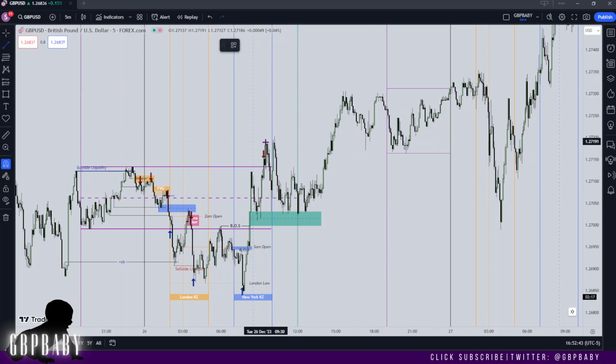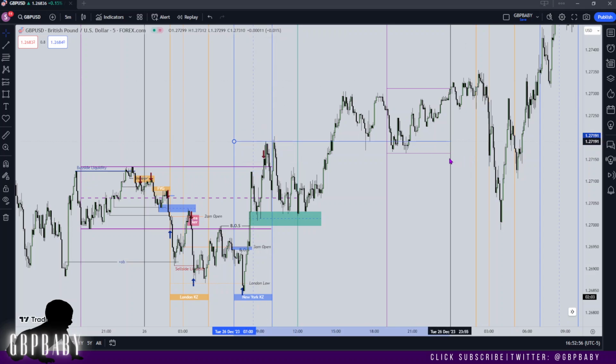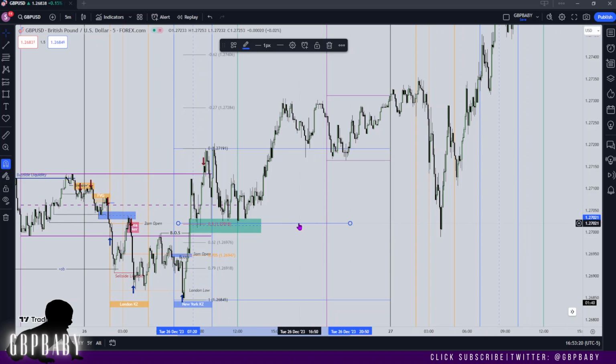So what I'm going to do is draw out the high of New York. This is getting very messy, guys, I know, but to be honest, if you're struggling to follow along, apologies, it is what it is. But hopefully you can see what I'm doing here, and you guys can go into your charts and do the same thing. So what I'm going to do now is draw the New York session out, and we know that the midpoint of New York gets traded to in London. So here,